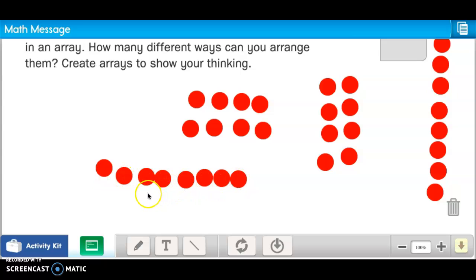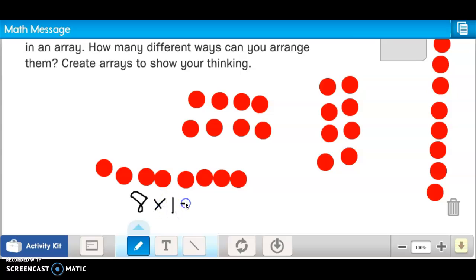Now the way we can write this is, let's see if I can write this here. 8 times 1 equals 8. And 1 times 8 equals 8. And this one right here would be